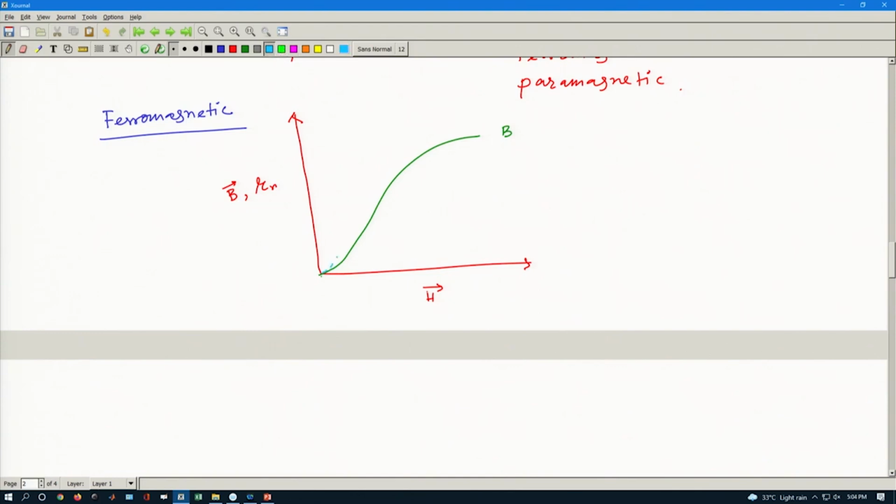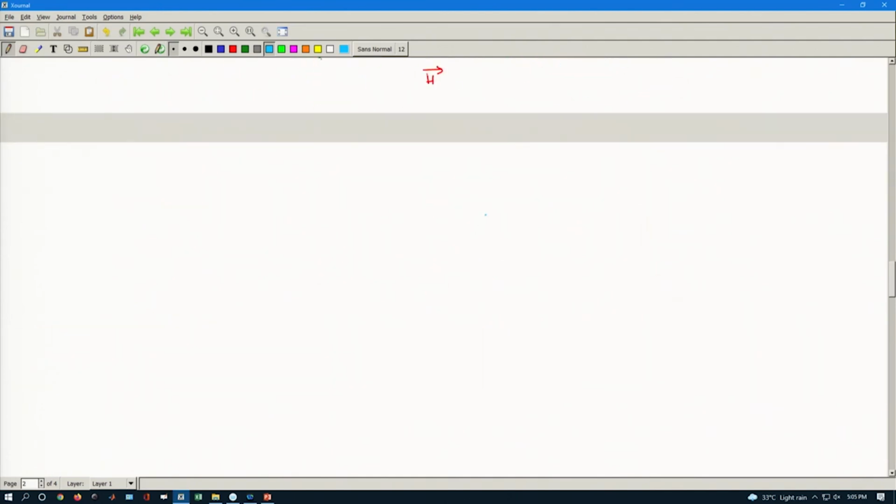It is going to increase, go to a maxima and then decrease like this. So, this is mu r, and that is mu divided by mu 0. The response of this relative permeability with respect to H is a typical response, and we can understand that by the way. My B is simply mu H,